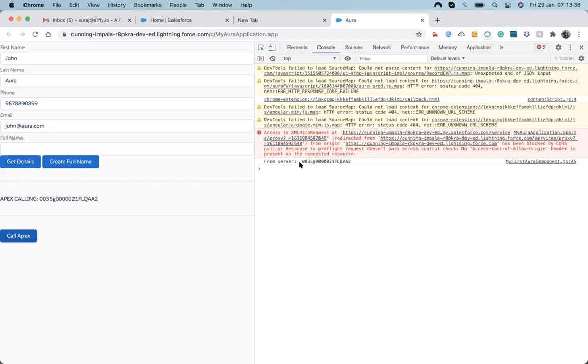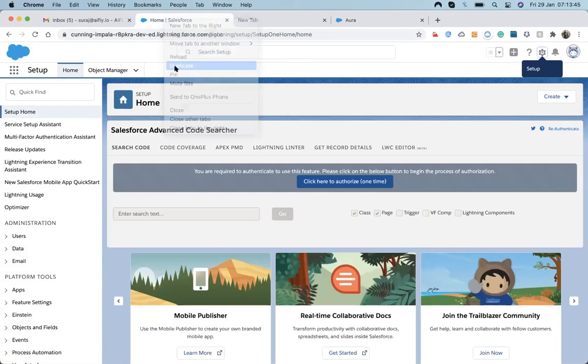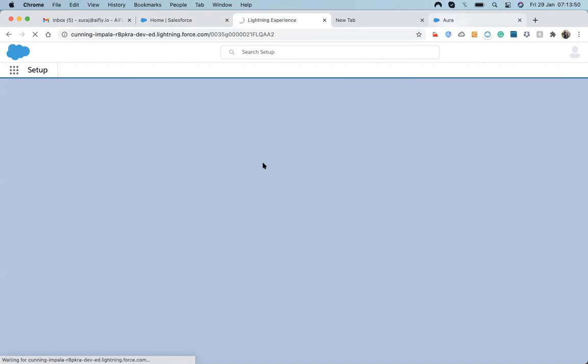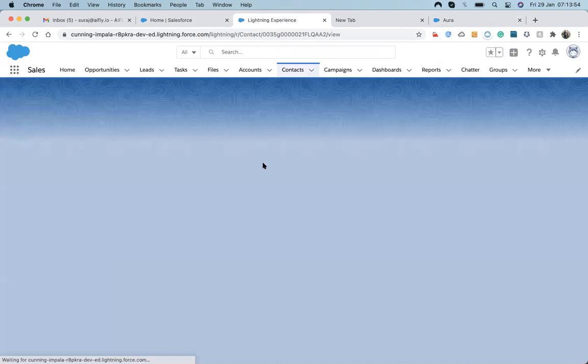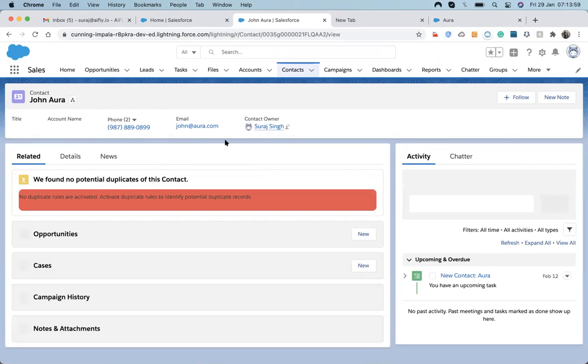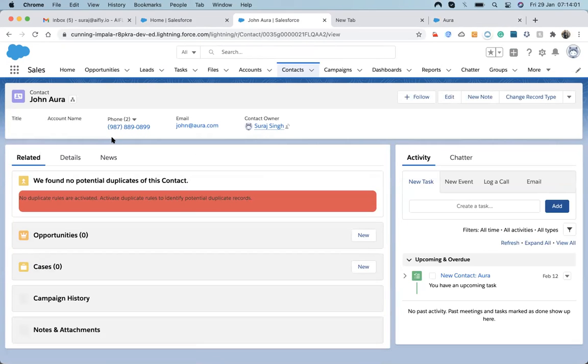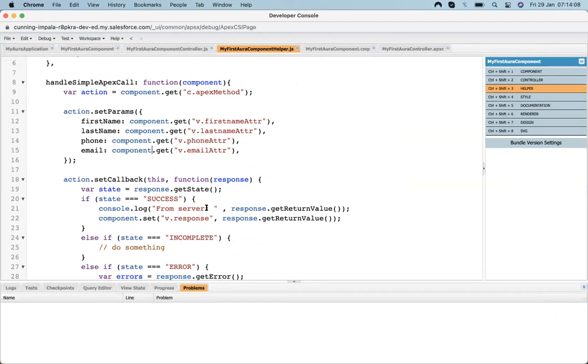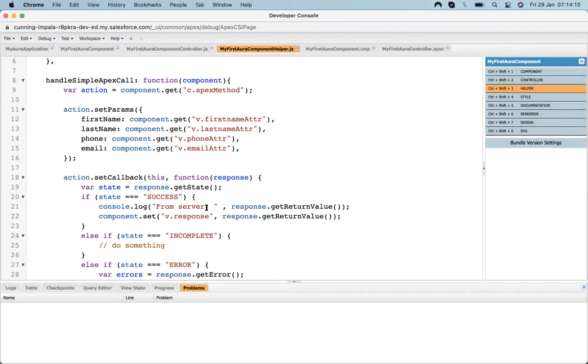Yeah. Once the record got inserted, it shows the ID. Let's copy that ID and check whether it's created or not, and what details it has. Yeah, you can see all the details are populated over here. So in this way, we are able to pass the values to the Apex controller and create records.